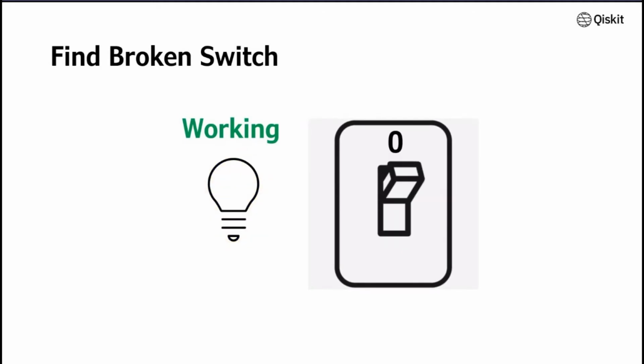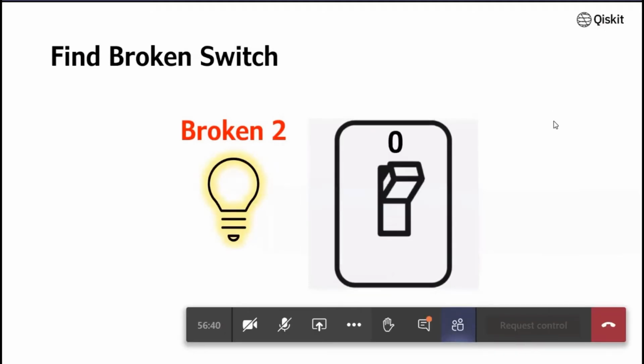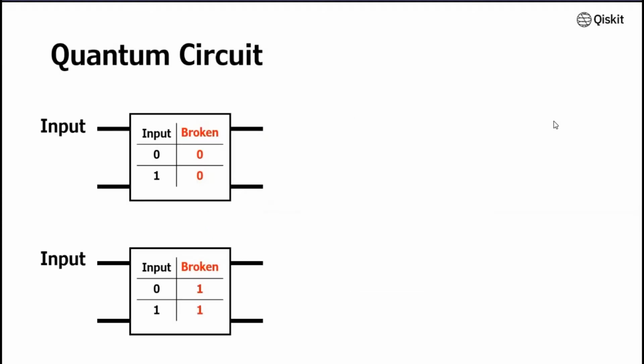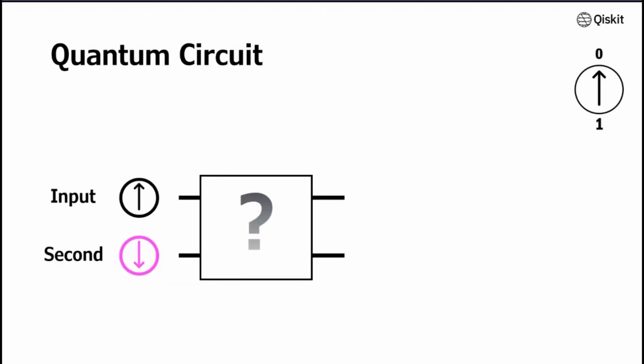But if it's broken, whether I turn it on or not, it will not respond to my signal. And there are two other cases where it will be always on, and it will not respond to my signal, even though I turn it on and off. When you look at all the possible scenarios, we have 4 different kinds. 2 broken cases, where whatever my input is, it does not respond, and it only gives a 0 or 1. Or the working case, where it will respond to my input, so it will be correlated output or anti-correlated output. So when I put 0, it will give a 1, or when I put 0, it will only give 0.